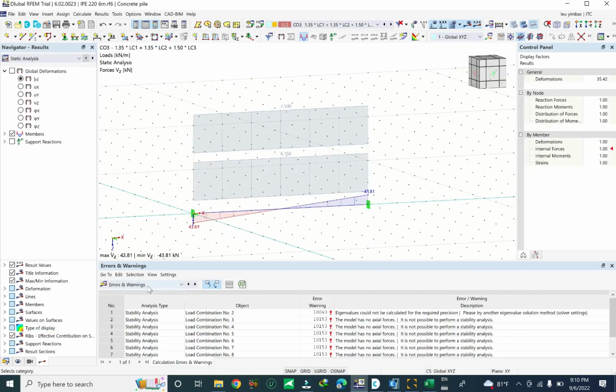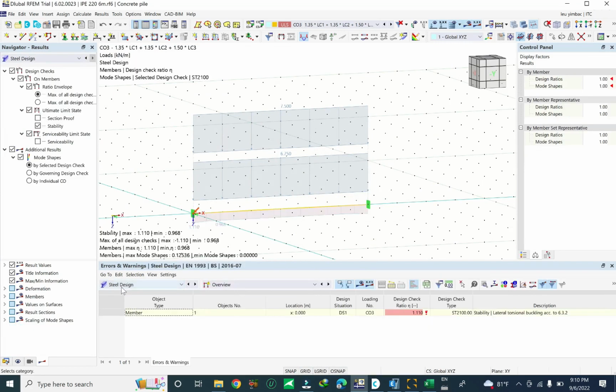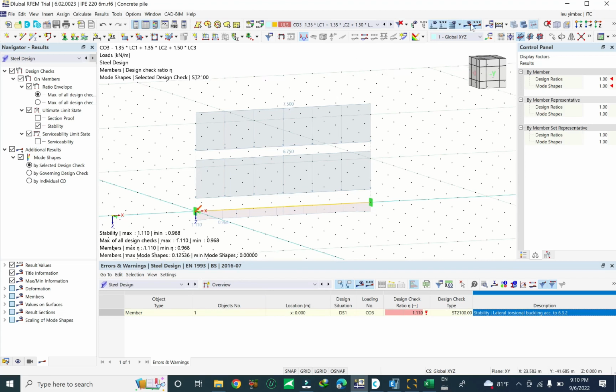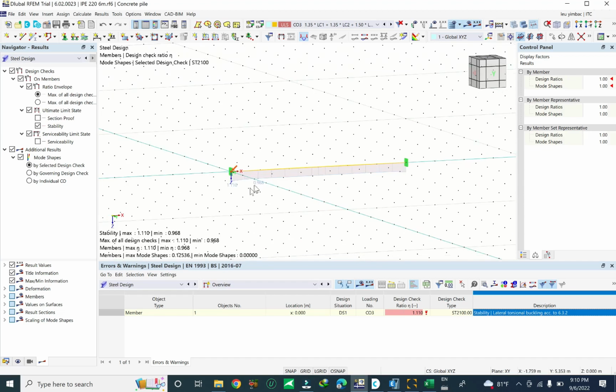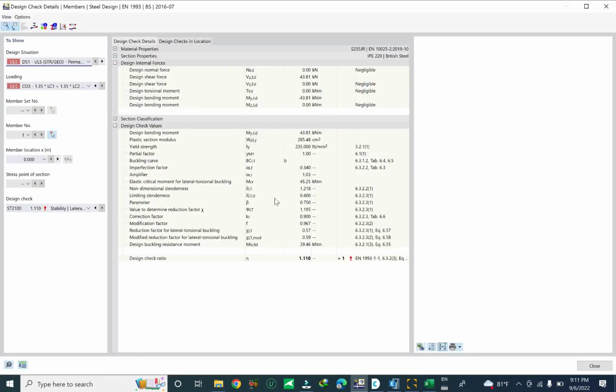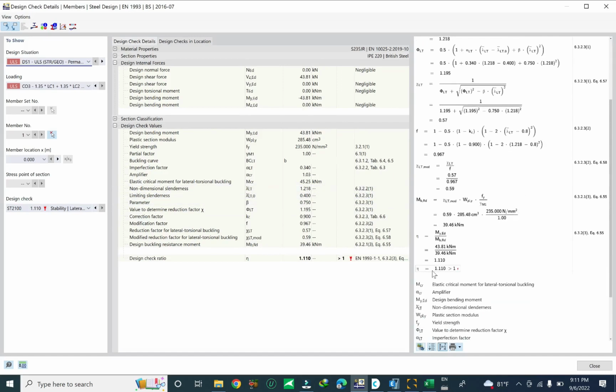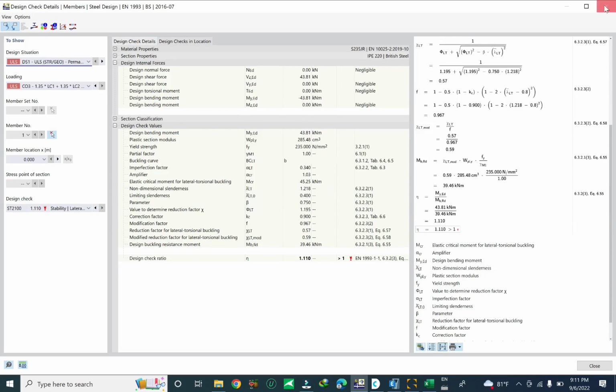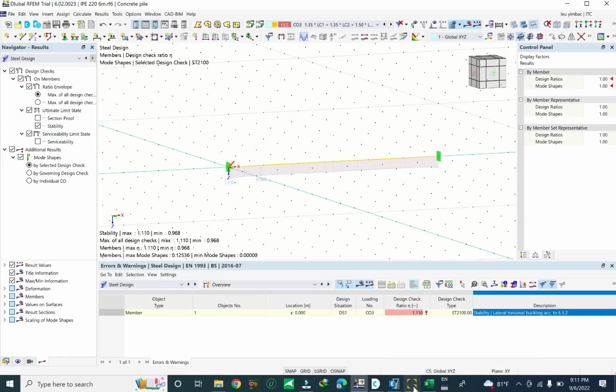Okay, now let's check the design, and the ratio is 1.1. Now let me untick the load and check for the capacity only. Okay, 1.1, and you can check in the calculation note for the result. Yes, the result is 1.1 over 1. And we continue to